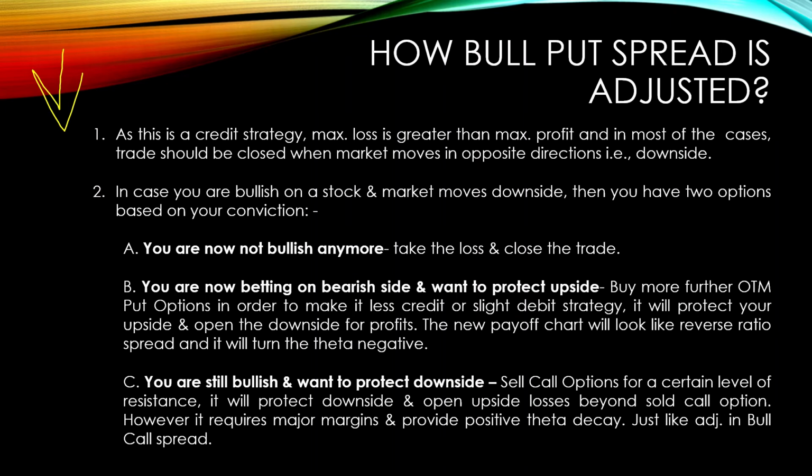It is important that you must understand how to adjust a trade, because in stock market or crypto markets or commodities market, trades generally go wrong, because we are not the god. Market is supreme, and we must respect market, and we should be flexible and adjustable enough to make our strategy in line with the current market conditions. So as this is a credit strategy, maximum loss is always greater than maximum profit, and in most of the cases, if the stock starts falling, you should close the trade and search for new trades,